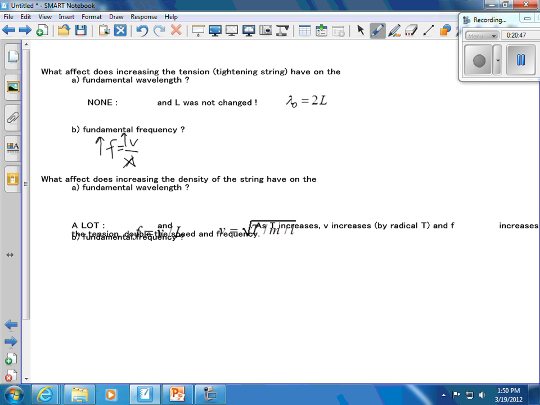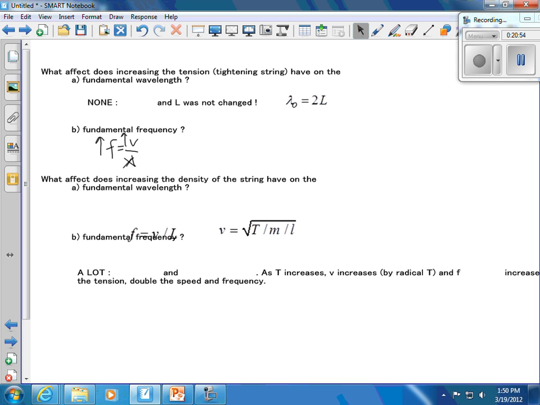What effect does increasing the density of the string have on the fundamental wavelength? None, because